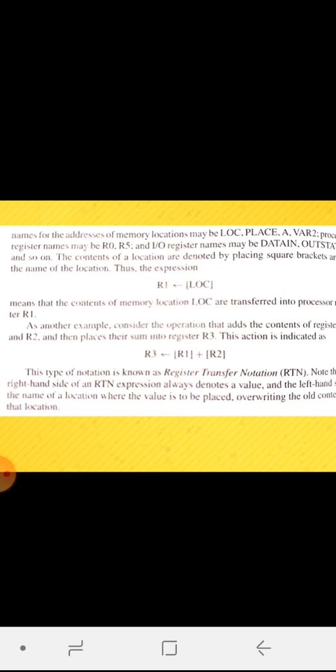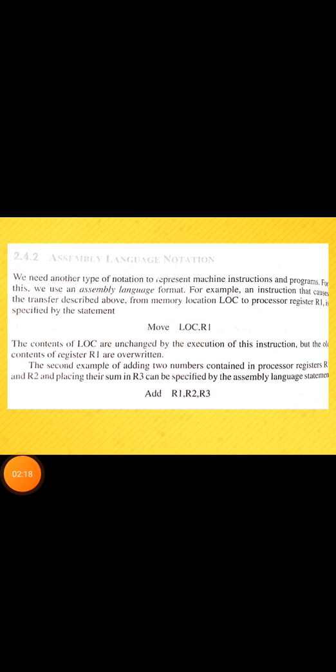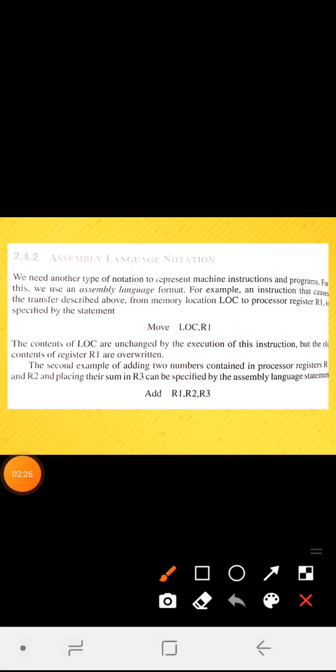Next, if you want to represent the same in terms of machine instructions and program, then we go for assembly language. So you can see here again we have written the same instruction, but it is written like this: move LOC comma R1. It is like copying the contents which is present in LOC to the register R1.